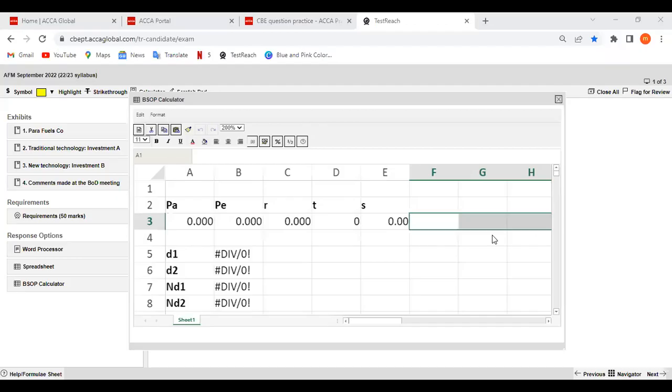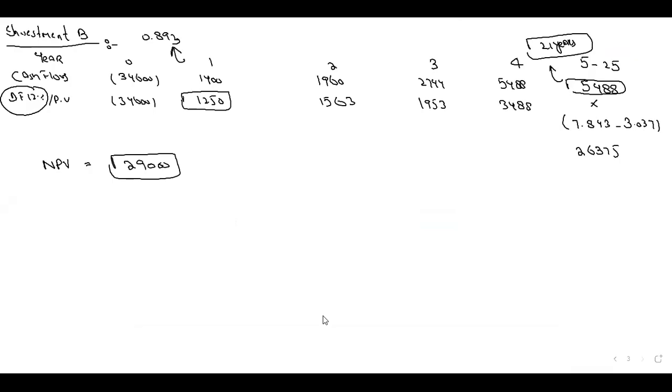Of the PA and the PE. Now, first of all, both of you remember one thing. Most of the time, the students make a mistake in this. And what is that? Whenever it is a real option and a put option,